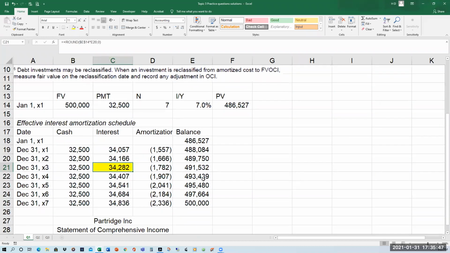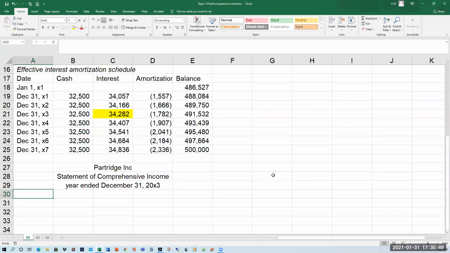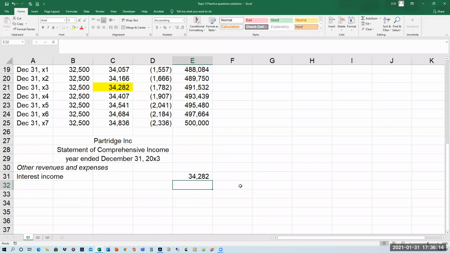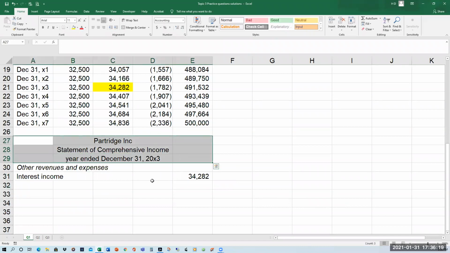So this amount, $34,282, will be reported under other revenues and expenses. If the company was preparing a multiple step income statement, there, under other revenues and expenses, we will be reporting interest income from AC, or just interest income is fine, 34,282. And then for the statement of financial position,